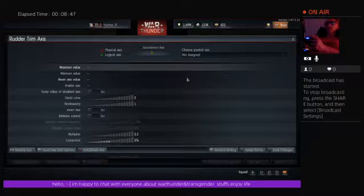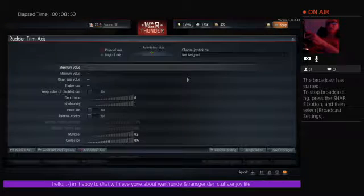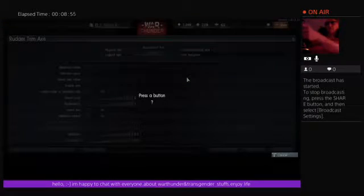So shoot, where do I want to assign this? Well, twist would be good. I don't know if they'll let me do that though. Yeah, I already tried twist and rocker for that, which is where I want my rudder to be controlled. So I can't have my rudder controlled by a button. Oh, you know what? Shoot. Okay, well,